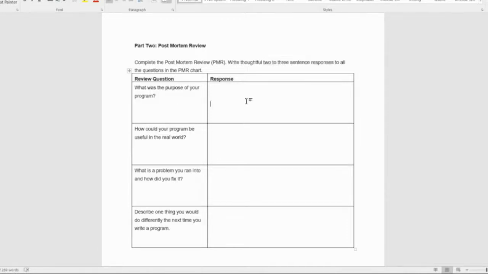What was the purpose of your program? How could it be useful in the real world? What's a problem you ran into? How did you fix it? Maybe you did it right, and you can say, I did not have any problems, it was all correct the first time. But if you had any problems, this is where you document that. And then describe one thing you might do differently the next time that you write a program. So this is a big part of it also. So let's go back and look